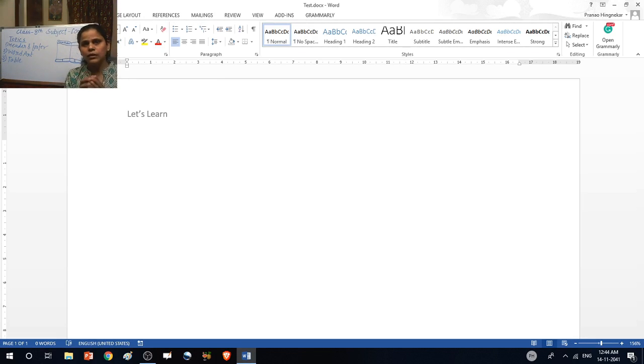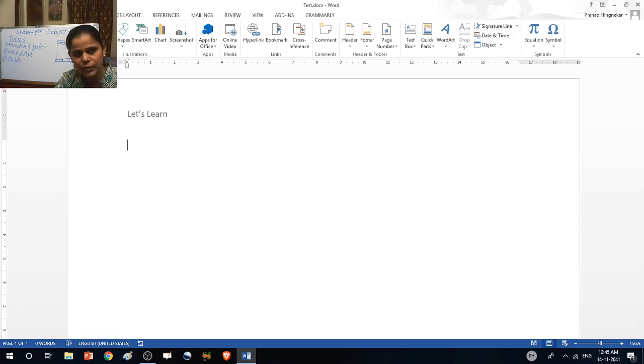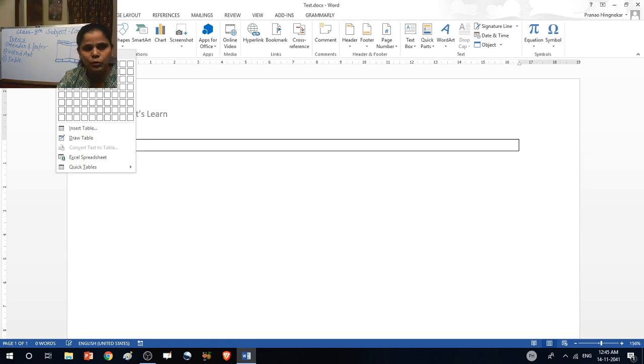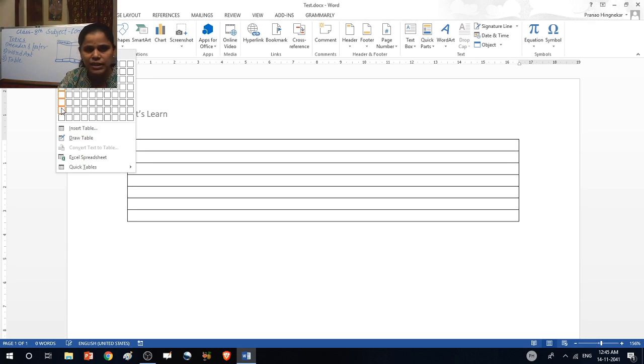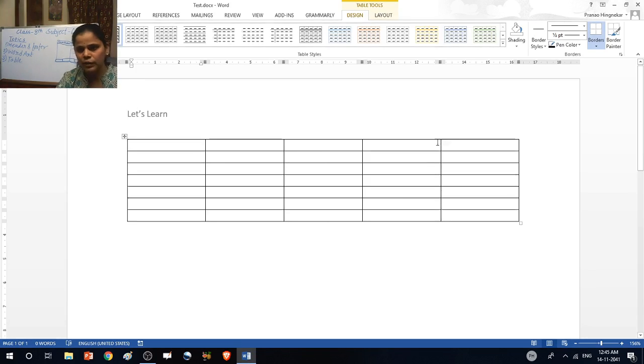If you want to insert your timetable, and this is your homework also. Insert your timetable, and in your timetable Monday, Tuesday, Wednesday, Thursday, Friday and Saturday, total 6 days. That means 6 plus 1, 7 rows you need. So click on the insert tab, then here table, this is your table. Then 1 row extra you need: Monday, Tuesday, Wednesday, Thursday, Friday and Saturday, and number of periods, first period, then second period, third period, fourth period timetable. We just make a fourth period timetable.